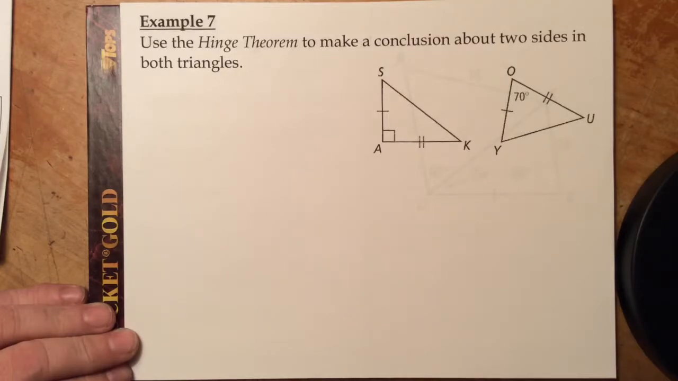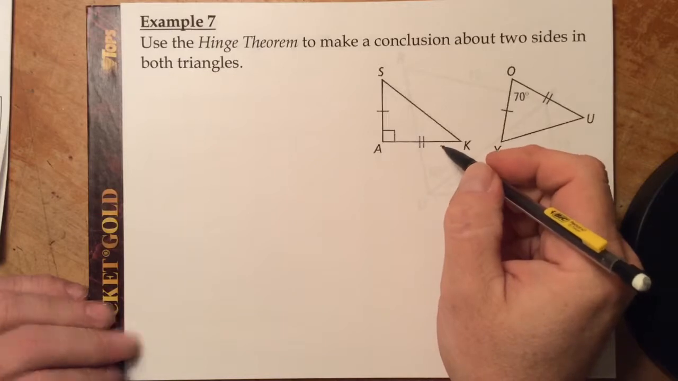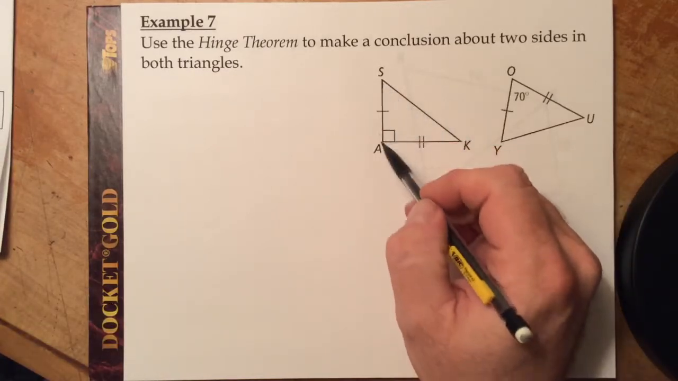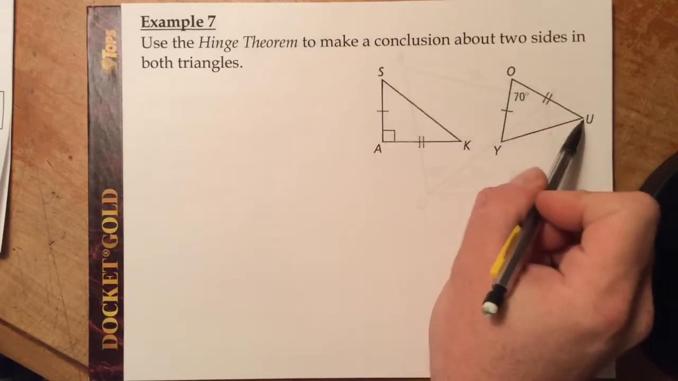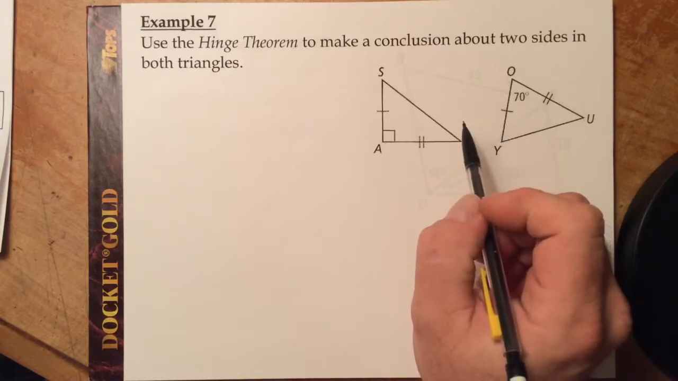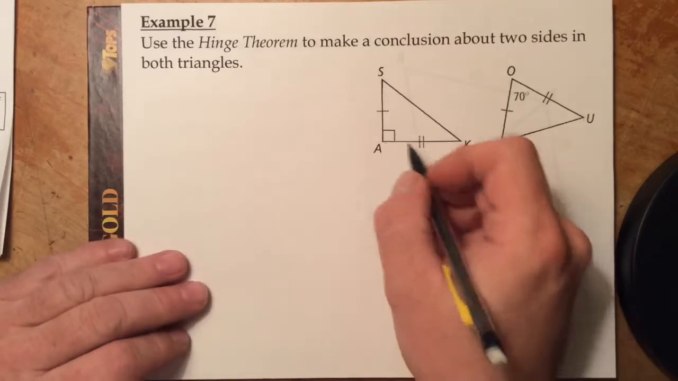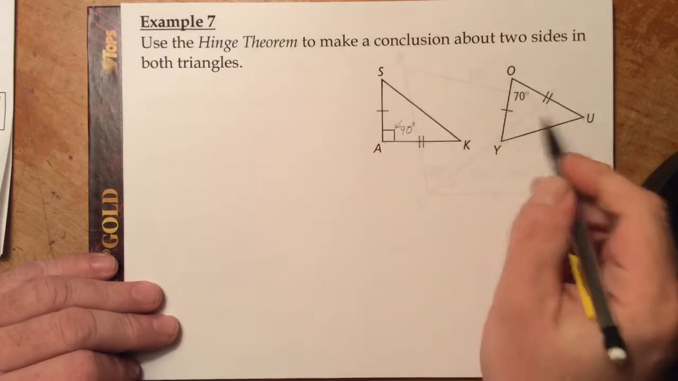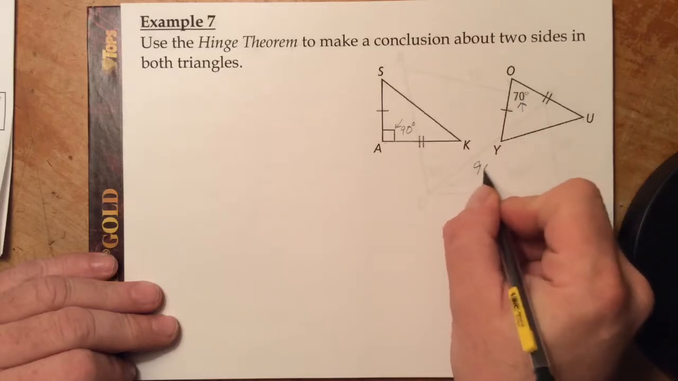Recall the Hinge theorem says that if two sides of one triangle are congruent to two sides of another triangle, so there's one of our caveats, SA is congruent to OY and AK is congruent to OU, so we have that covered there. And the included angle between those two sides are not congruent. Notice that the angle between these two sides is 90 degrees, and the angle between these two given sides is 70 degrees. And since 90 is not